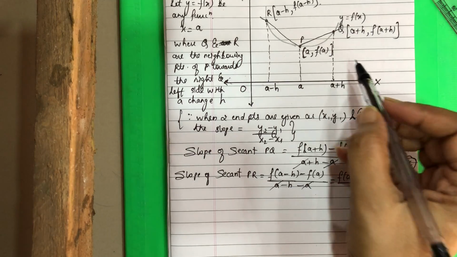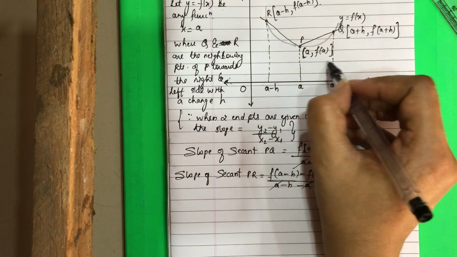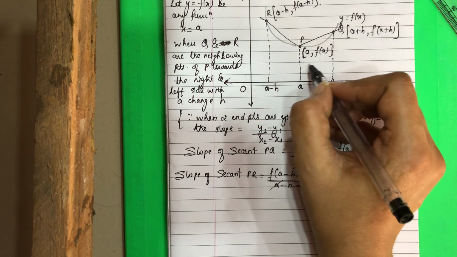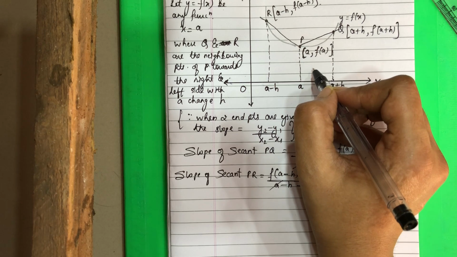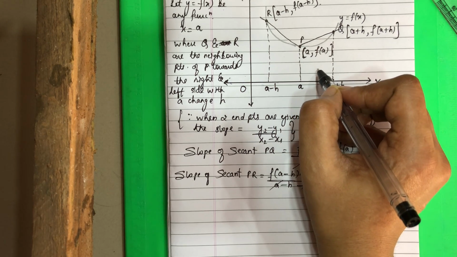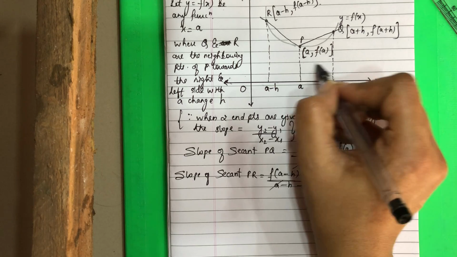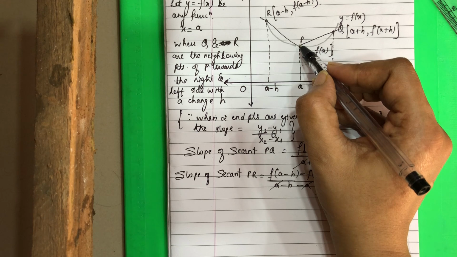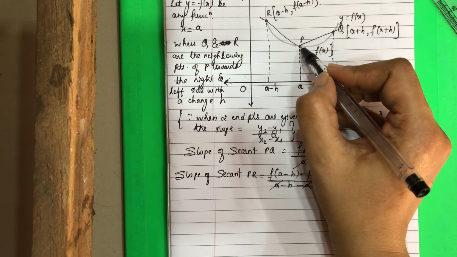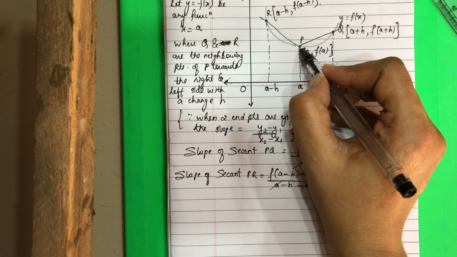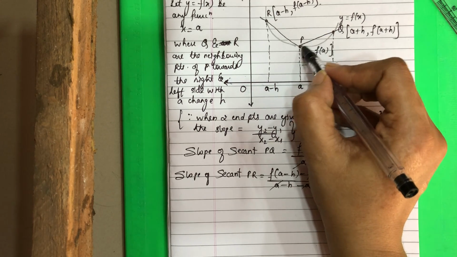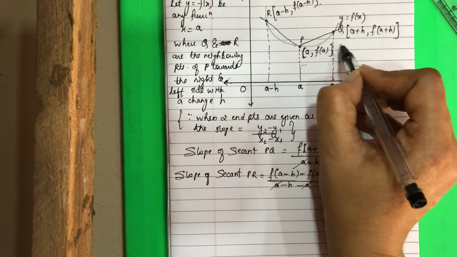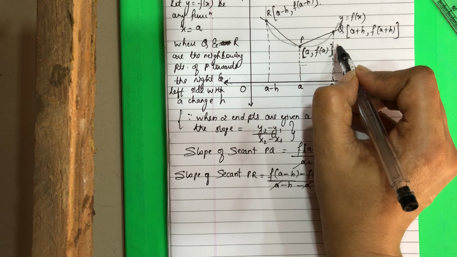Now again see the diagram. Suppose this is your h distance, and we are decreasing this h, making h very small such that h tends to 0. Obviously, when this distance becomes 0, this point Q will lie on the point P. Q will automatically approach the point P, and this secant PQ won't exist then, and there would be only one tangent at point P.